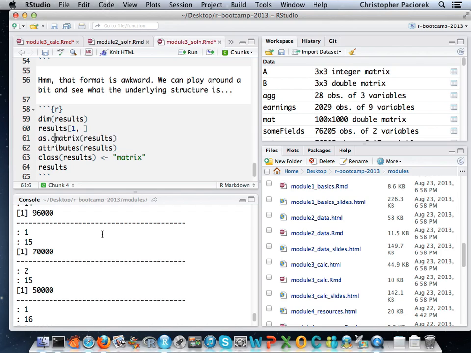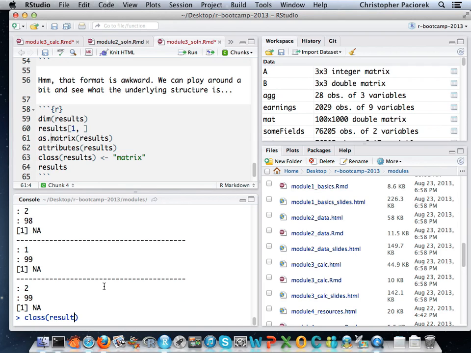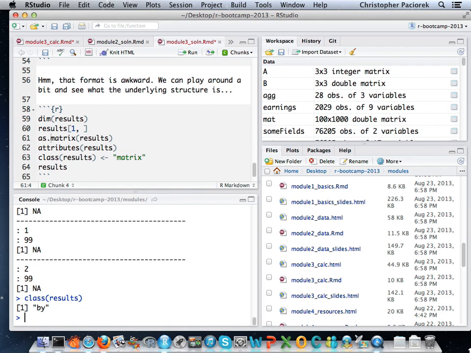And if we do a class on that results object, it says it's a by, class by, which we haven't seen before. I haven't actually worked with it very much, so we're not really sure what's in this complicated object or how to manipulate it. So sometimes it just helps to play around with functions that you think might be helpful in sorting through things.